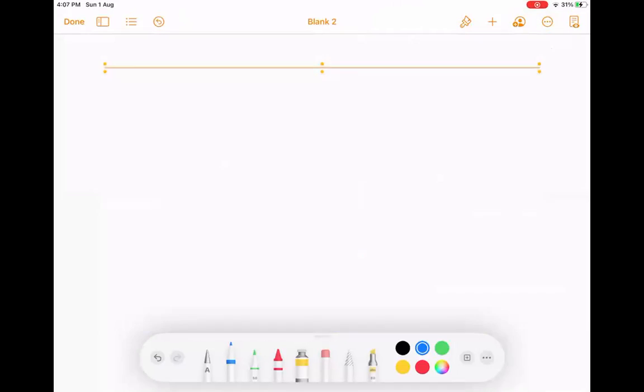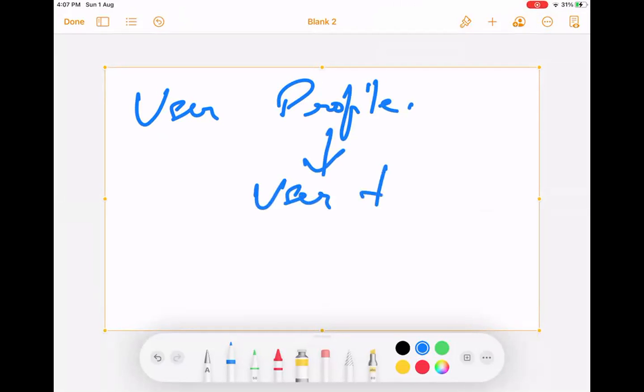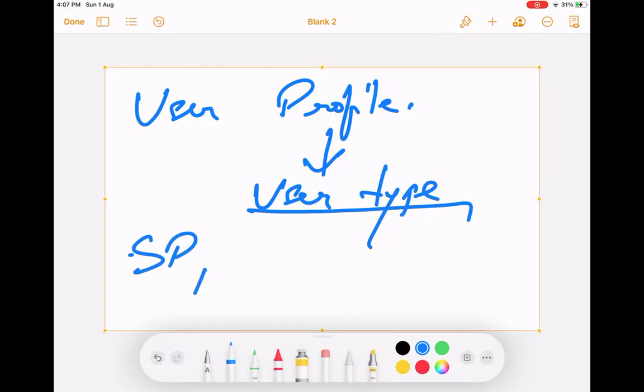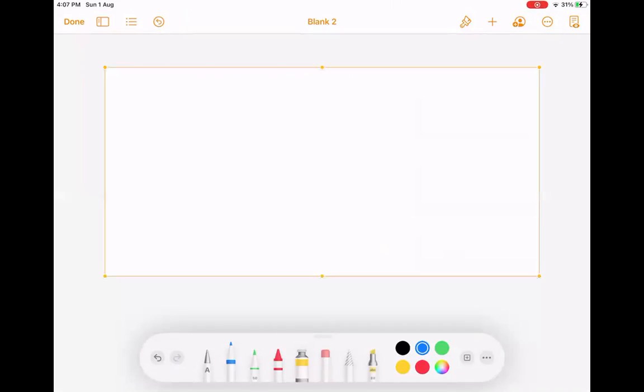The most important part to begin with is that every user will have a profile. What is a profile? Profile is generally categorized as the user type. What kind of user is that? By default, Salesforce will give some standard profiles, but you can clone these and create your custom profiles also. Some of the standard profiles are system administrator, then standard user. Based on these profiles, a lot of permissioning has been done. That means a lot of access has been given by default. So what kind of access are we talking about?